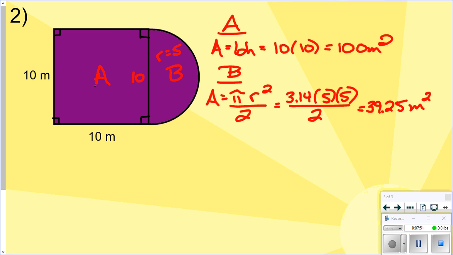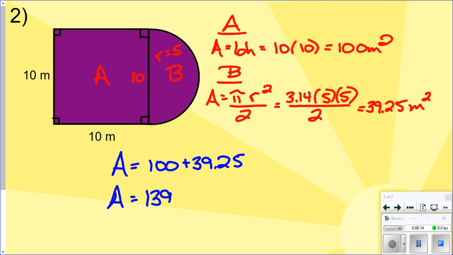We found the square, we found the semicircle, we treated it just like a regular circle, and then divided it by 2 since it was half of a circle. Now we're going to add these together to find the area of the composite figure. We have 100 plus 39.25, and so the area is 139.25